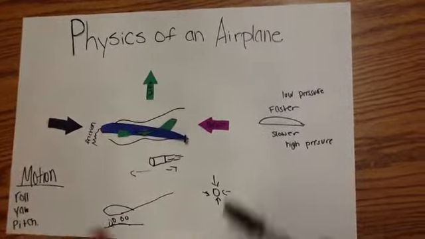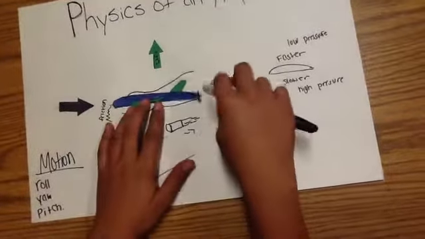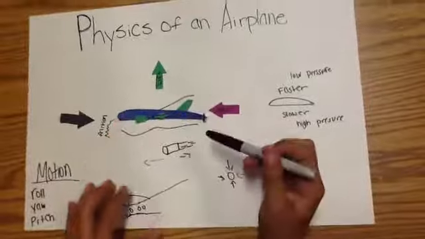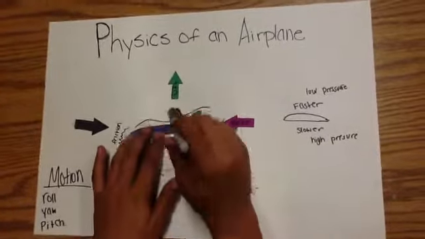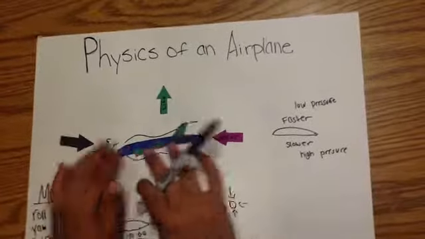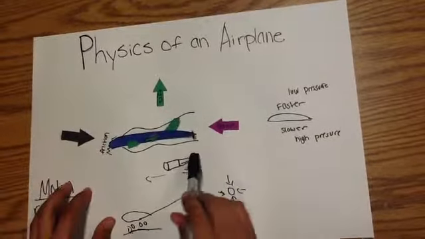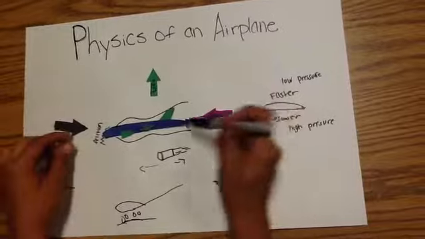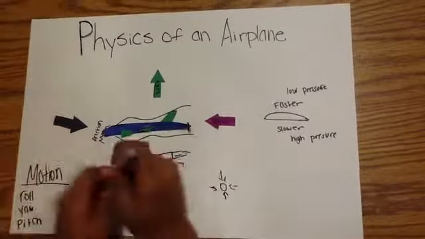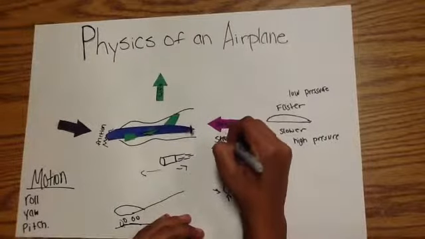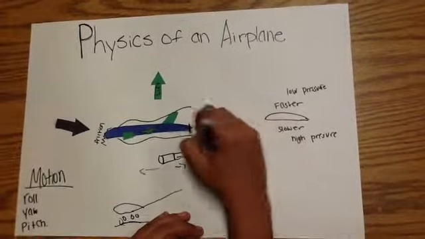Okay, so there's thrust on the airplane, making the airplane go forward. There's lift on the airplane, making the airplane go up. There's drag on the airplane, making it harder to move forward. But the thrust opposes that, and the thrust has to be stronger than the drag